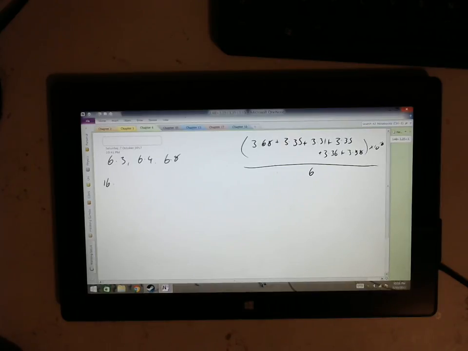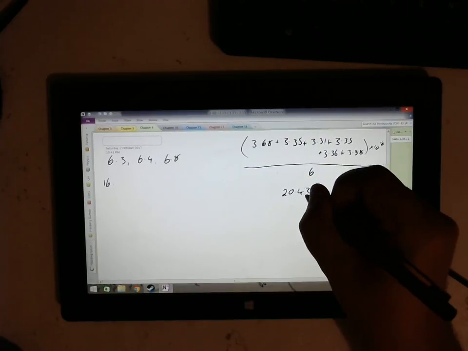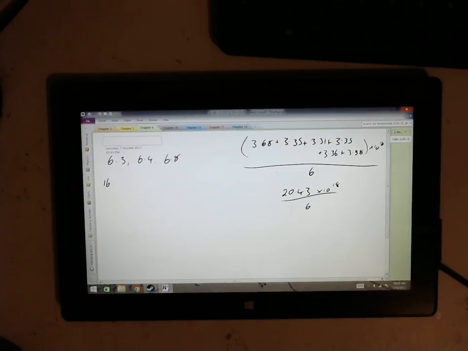3.35 plus 3.31 plus 3.35 plus 3.36 plus 3.38, and that gives me 20.43 times 10 to the 18 over 6. I'm just going to double check that because we're going to use this number a bit. 3.35, 3.31, 3.35 again, 3.36, 3.38. Yep, great. If I divide that by 6, I get